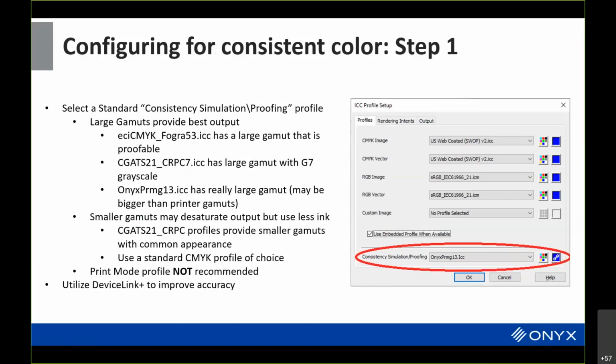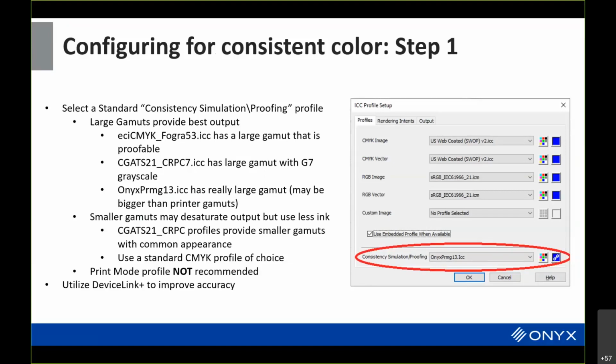Now, if you want to use smaller gamuts, smaller gamuts actually have a good use. By using a smaller gamut, what happens is you get much more consistent results because they're likely to be inside or close to the size of the gamut that you're printing with, and so you get more consistent results. You're going to have a challenge of getting consistent results if you're basically going to a space that's really much larger than your printers, because then you end up still having that variability of the different printer gamut mapping.